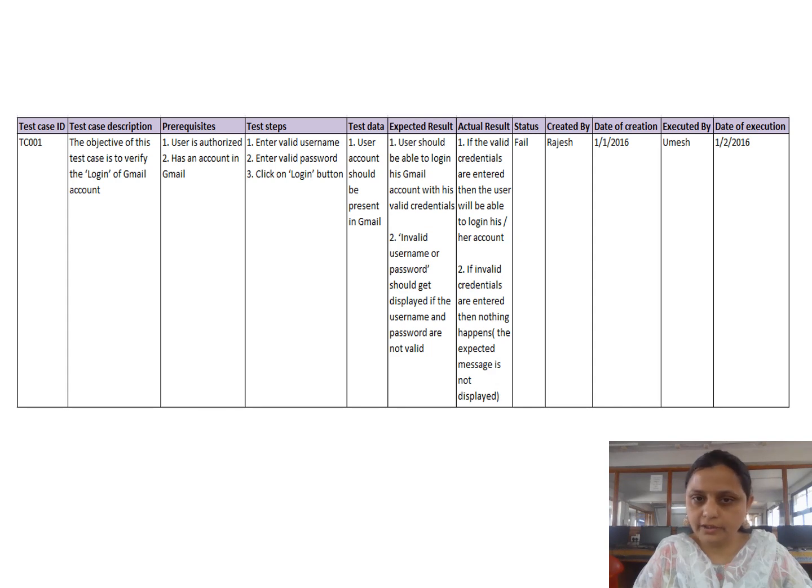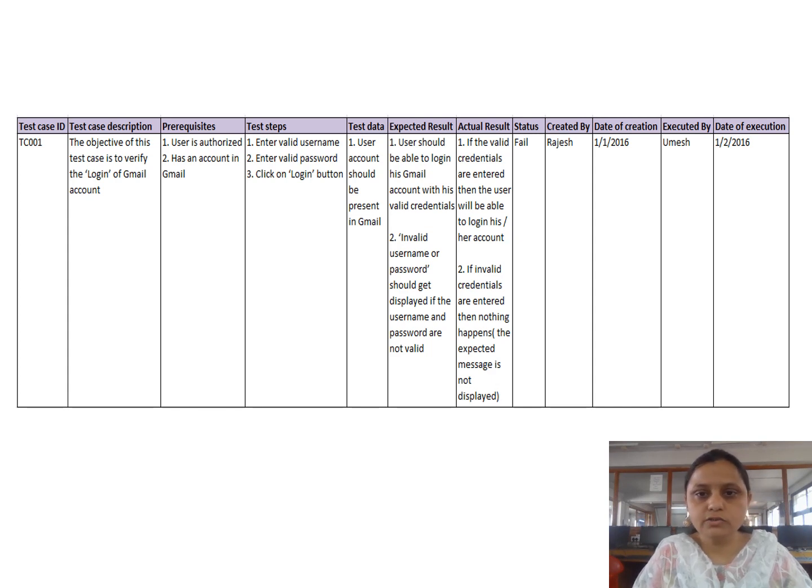First of all, you enter the correct credentials, then it shows the result, that is, the user should be able to log in to his Gmail account, right? And second, you enter an invalid username or invalid password, then an invalid password message gets displayed. So this is the expected result.